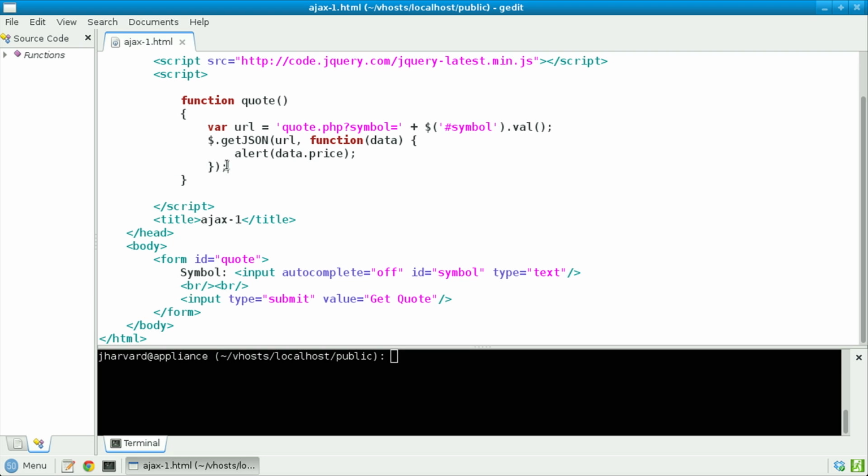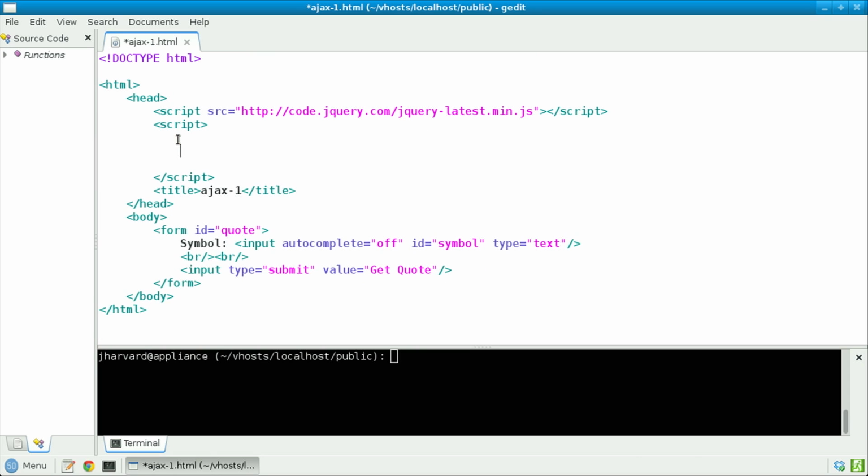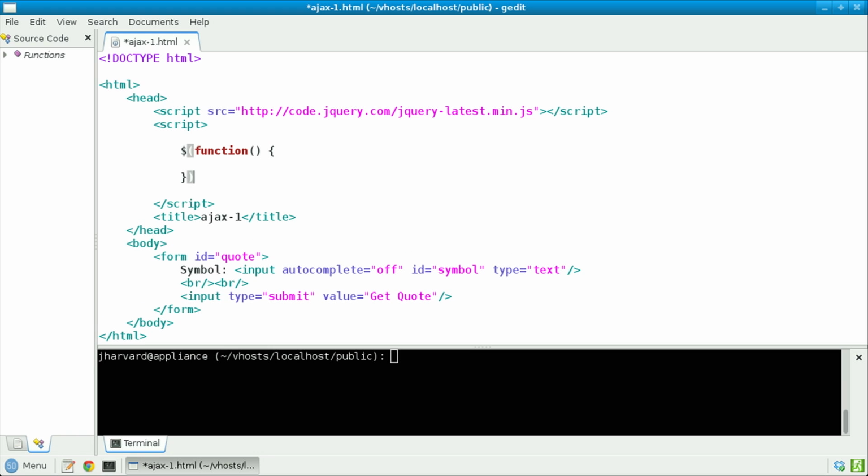Meanwhile, let's go up to my existing quote function, cut out that code altogether, and replace the function quote itself with the following: $(function), specifying that when the document is ready, using jQuery shorthand notation, I want to execute the following code. $("#quote"), no pun intended, thereby specifying that I'd like to get the element from my DOM whose unique identifier is quote, and then I'd like to register an event handler for the form submission with .submit, passing to